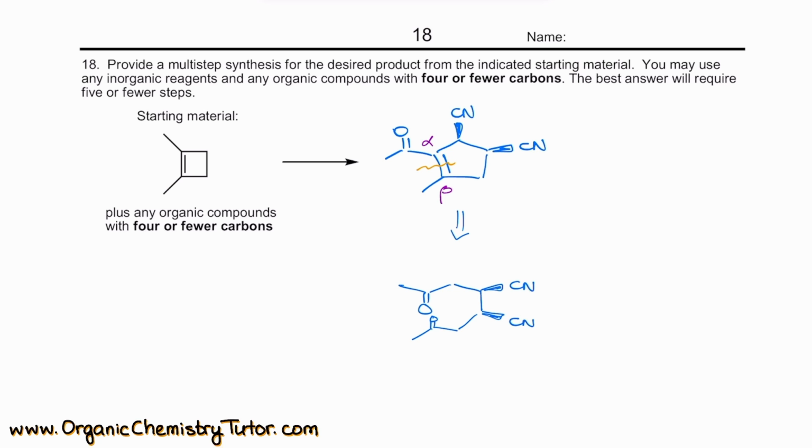Okay, and I think I see where we're going with that. So, the bond that we are making via the aldol condensation is between these 2 carbons. We have a carbon over here, we have a carbon over here, the alpha position we are going to enolize, and we're just doing our aldol condensation over here. That is just going to be something like sodium ethoxide, a little bit of heat, and